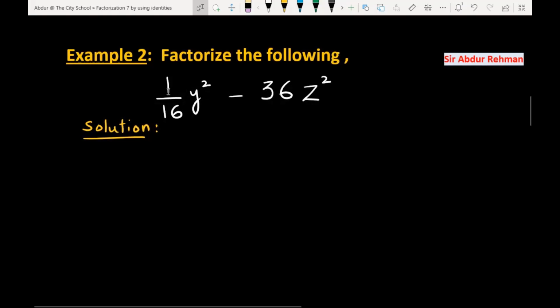For term number one, 1 square is 1 and 4 square is 16. So 1 over 16 is a perfect square, and the square of y is y square, which is also a perfect square. Now check the second term. 6 square is 36. So 36 is a perfect square, and the square of z is z square. So all three conditions are satisfied to factorize this. But before starting,